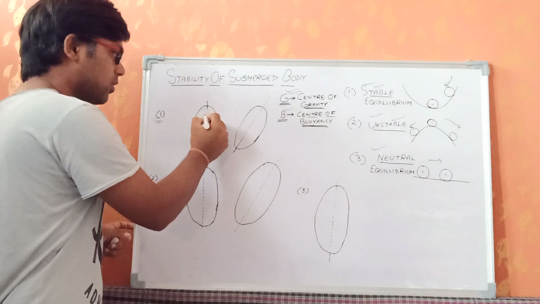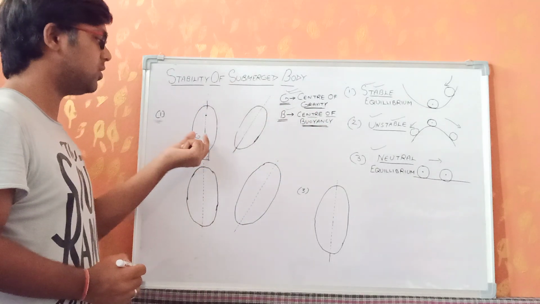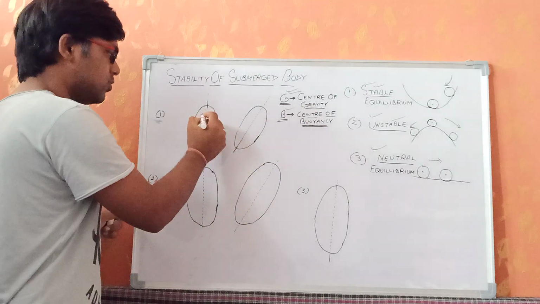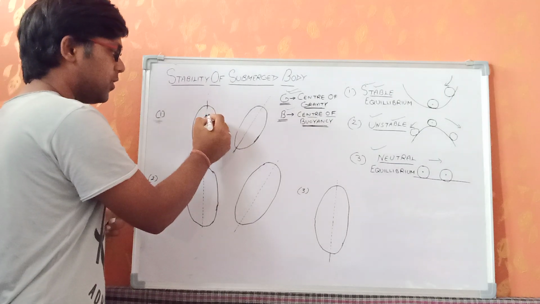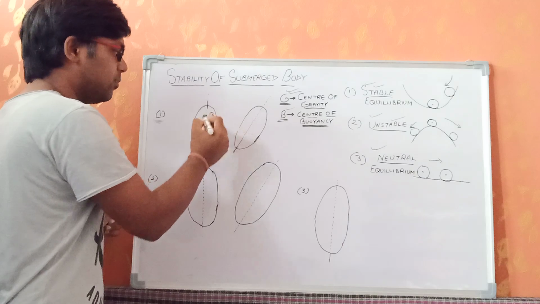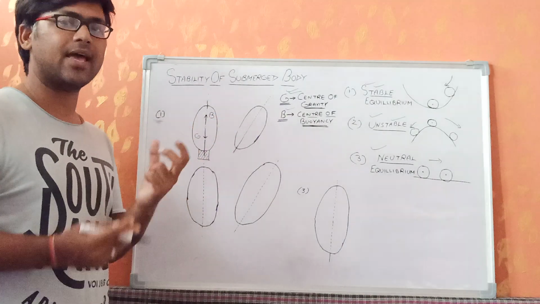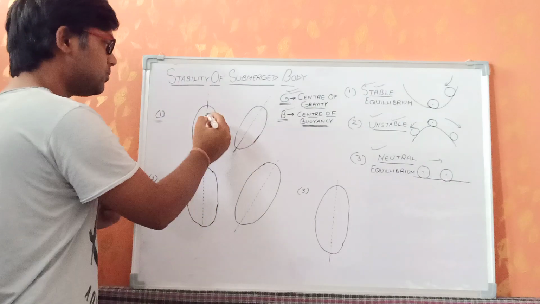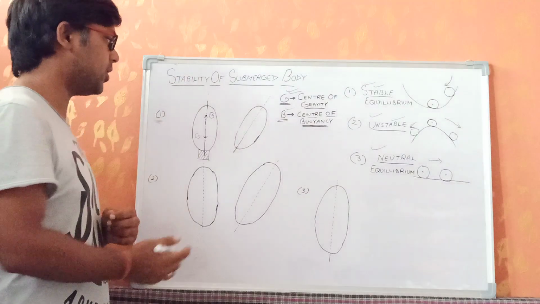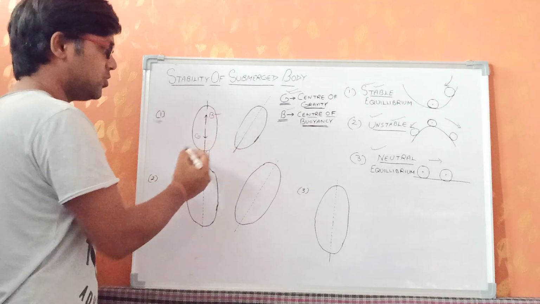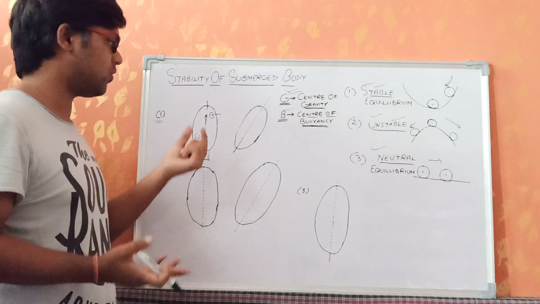Now I have to show the position of center of buoyancy. Obviously if G is at this point, the center of buoyancy is acting at a point above the center of gravity. This is called B. As you guys know, center of buoyancy, a force of thrust, always acts in the upward direction. So this is the position of B, which is acting in the upward direction. So this is B, this is G. If the body is bottom heavy, the point G will lie below the center of buoyancy.